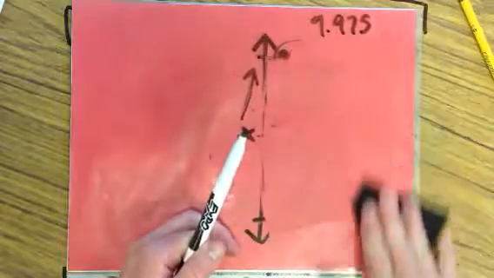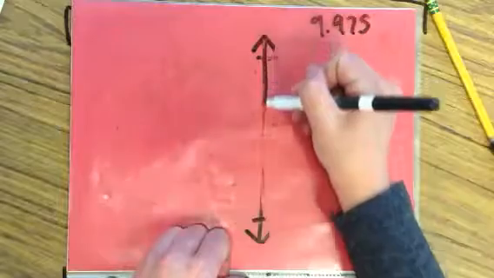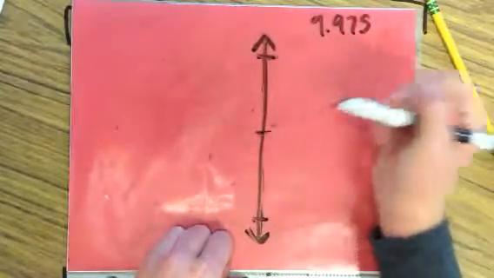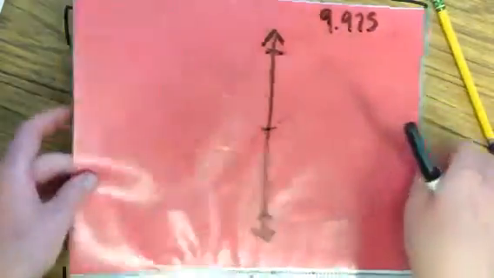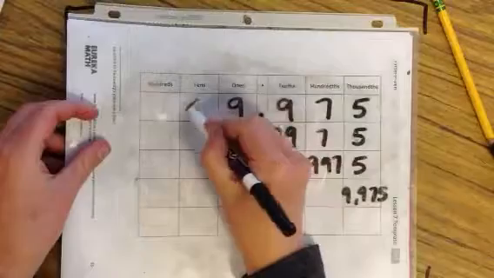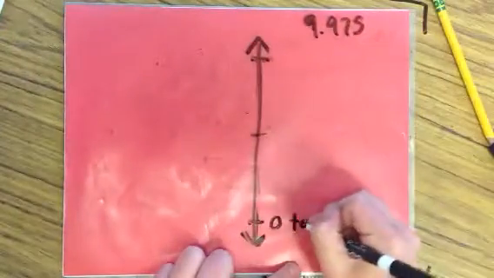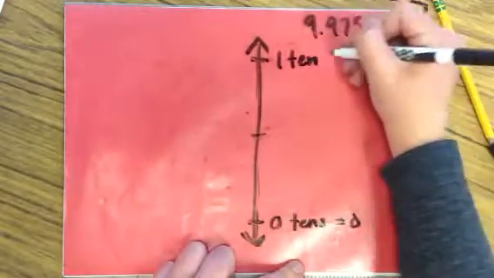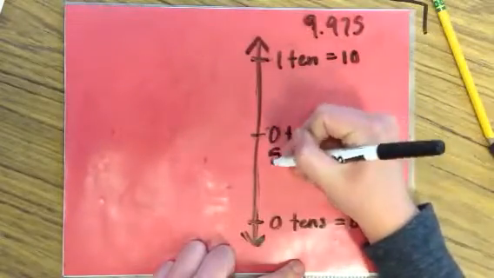Okay, finally, we're actually going to go the opposite direction because students will get questions asking them to round to the nearest tenth as well. Or to the nearest 10, I should say. And sometimes they get confused because they don't see a 10 here. So it's important that they recognize that there's just a 0 there. So that 0 is going to be their bottom boundary. 0 tens equals 0 up here. 1 ten equals 10. Midway points, 0 tens,